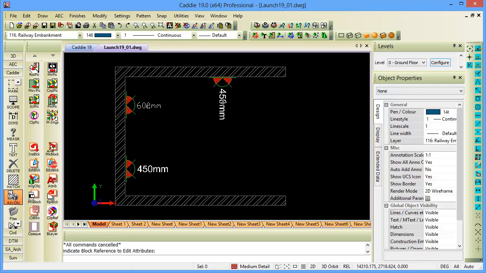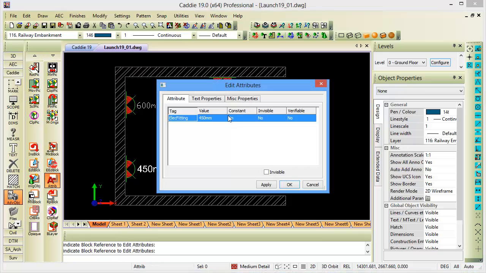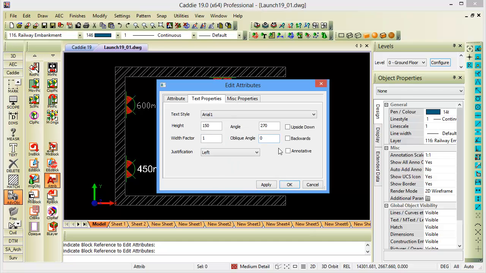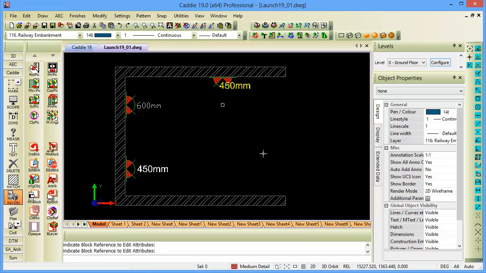And that brings us to the rotated attribute, or block with the attribute within it that we have rotated. Once I go to attributes and I edit that attribute, under miscellaneous properties I now have the option where I can choose the layer, the line style, the pen color of the attribute. So let's change that one to be yellow and apply that. And back at text properties, the angle I can now change to 0 once again and apply that, which simply